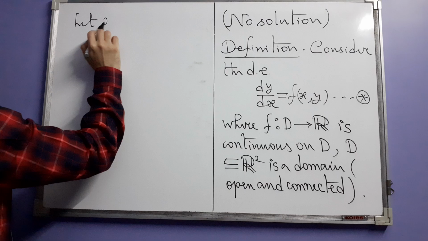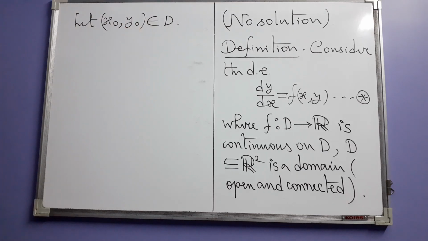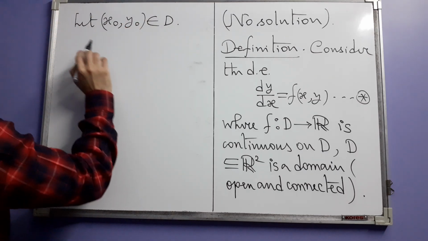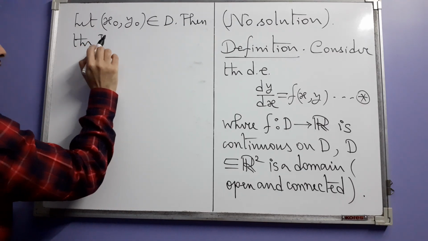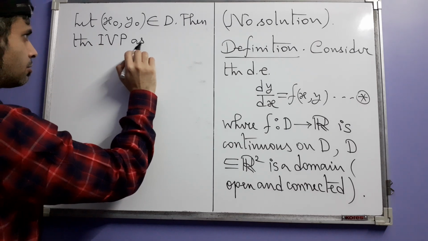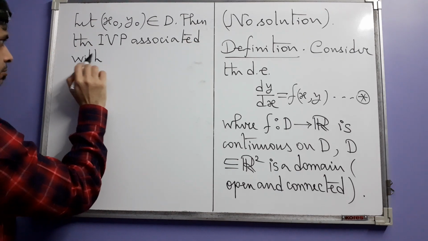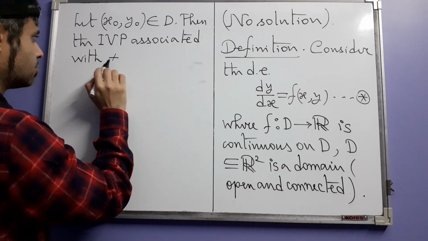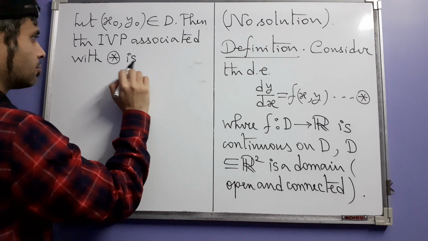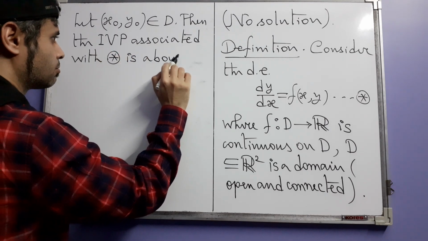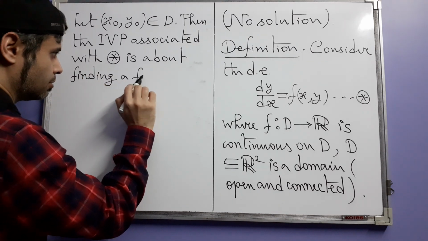Let us choose any point x naught comma y naught within that domain D. Then right from here, then the initial value problem IVP associated with the present equation, that is associated with this equation star and this point, is about finding a function,